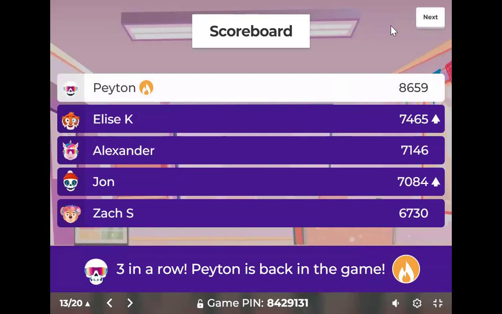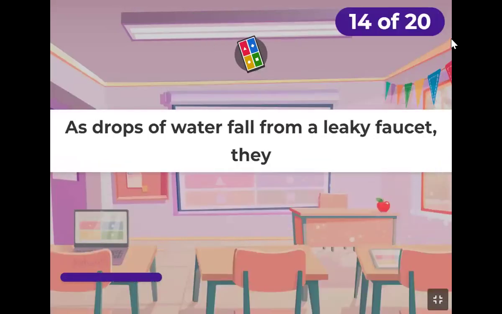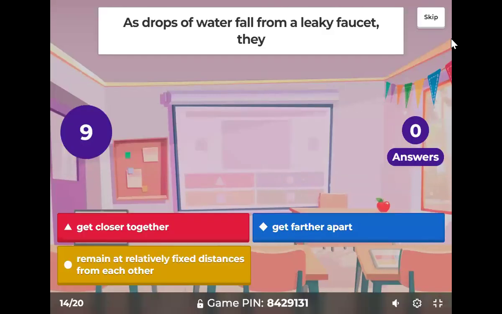Zach, John, Alexander, Elise, Peyton, on fire again. As drops of water fall from a leaky faucet, they